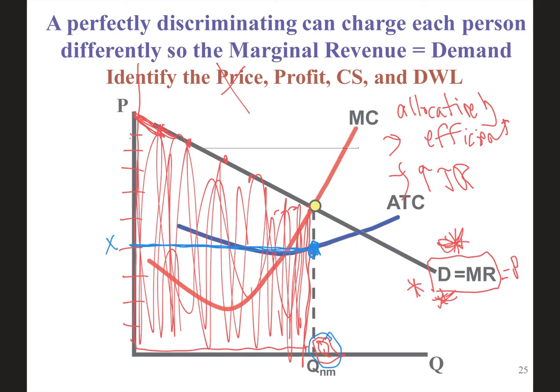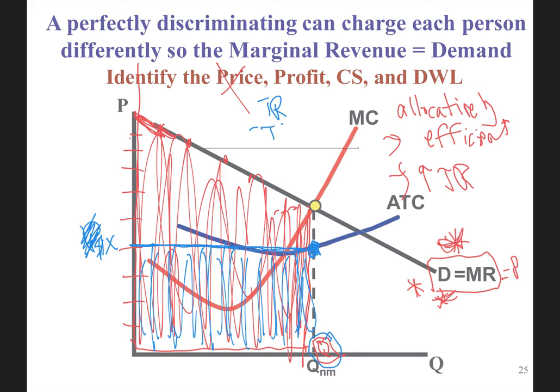But that particular price P, X, or cost, I shouldn't call it price because we're not really putting price on this. It's a perfect price discrimination. But X would be in dollars. It would express the ATC. This would be your total costs. So where you see blue, that is your total costs. Your total revenue minus your total costs will give you your economic profit,